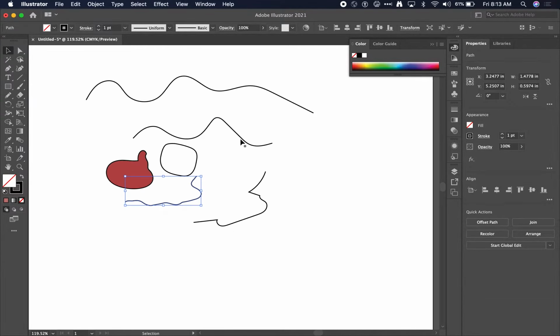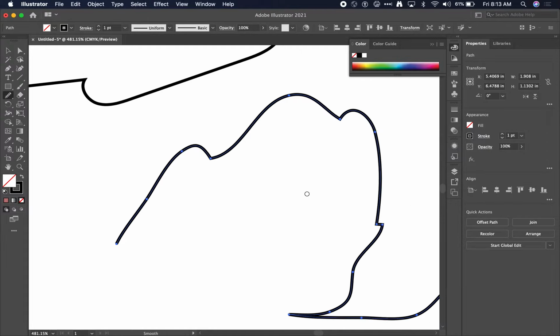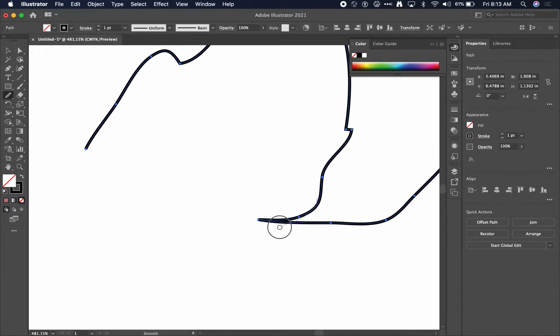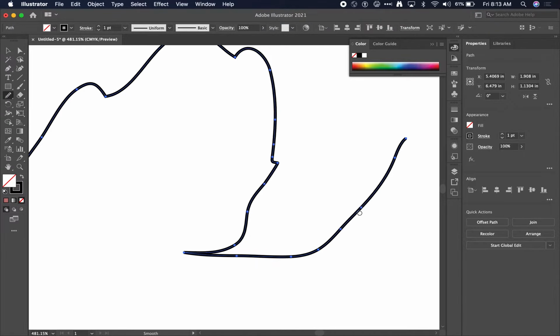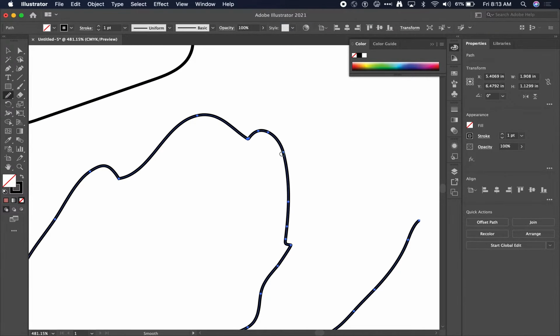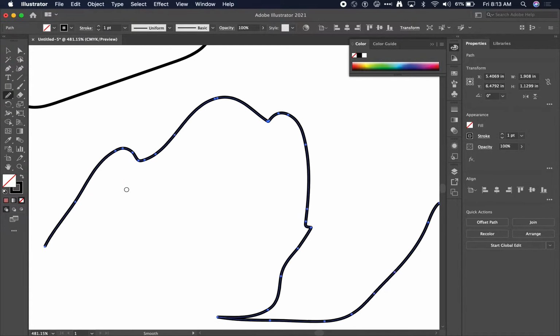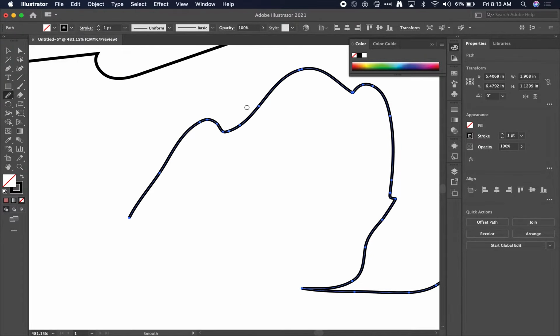There is a tool that you can use called the Smooth tool. What that does, as you can see here, is it actually will remove some of the points just by drawing over the top of it. You can see it smooths things out. It's already pretty smooth here, but if you find that you're making a lot of unsmooth paths and you want to make it look a little smoother, you can do that as well. You notice how it smoothed this out, and you can go over it and over it until you get